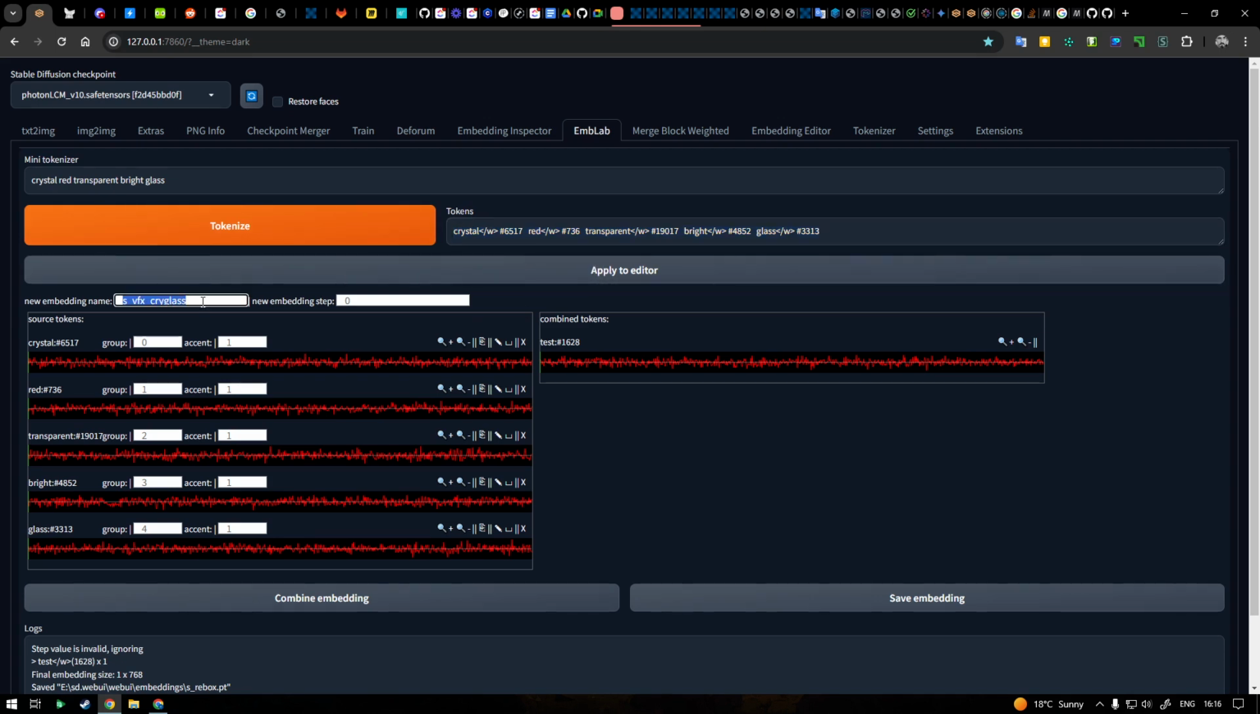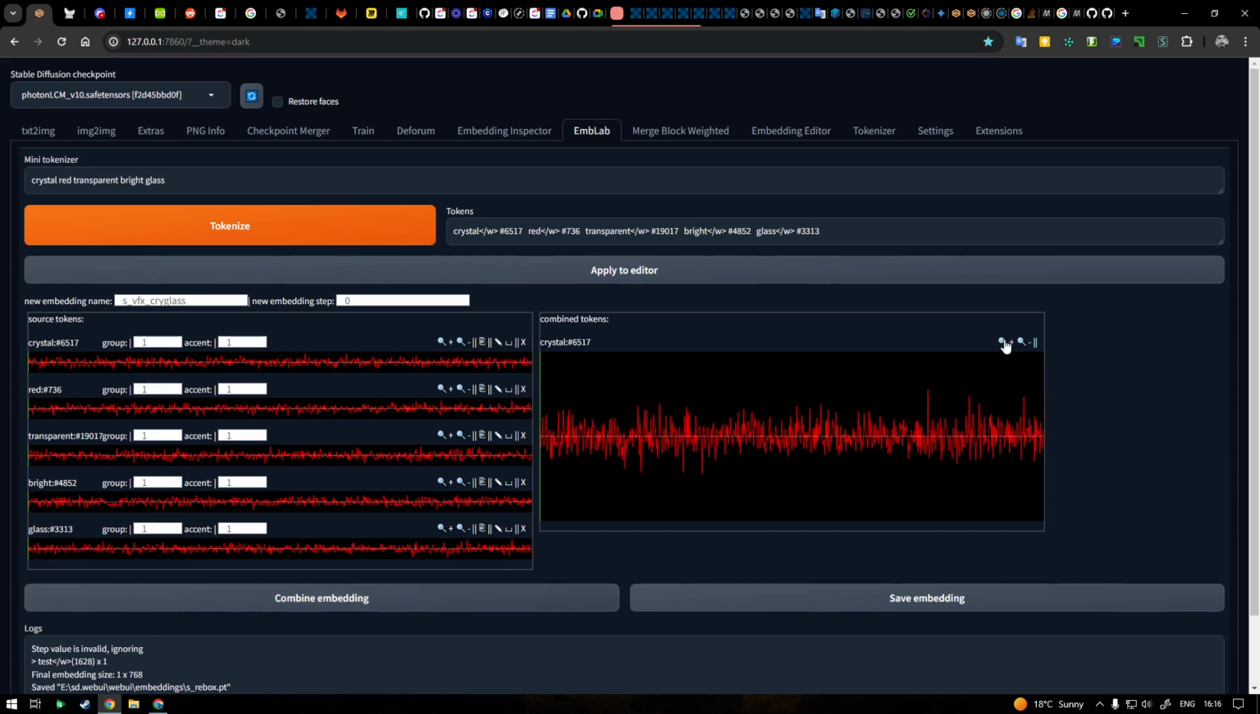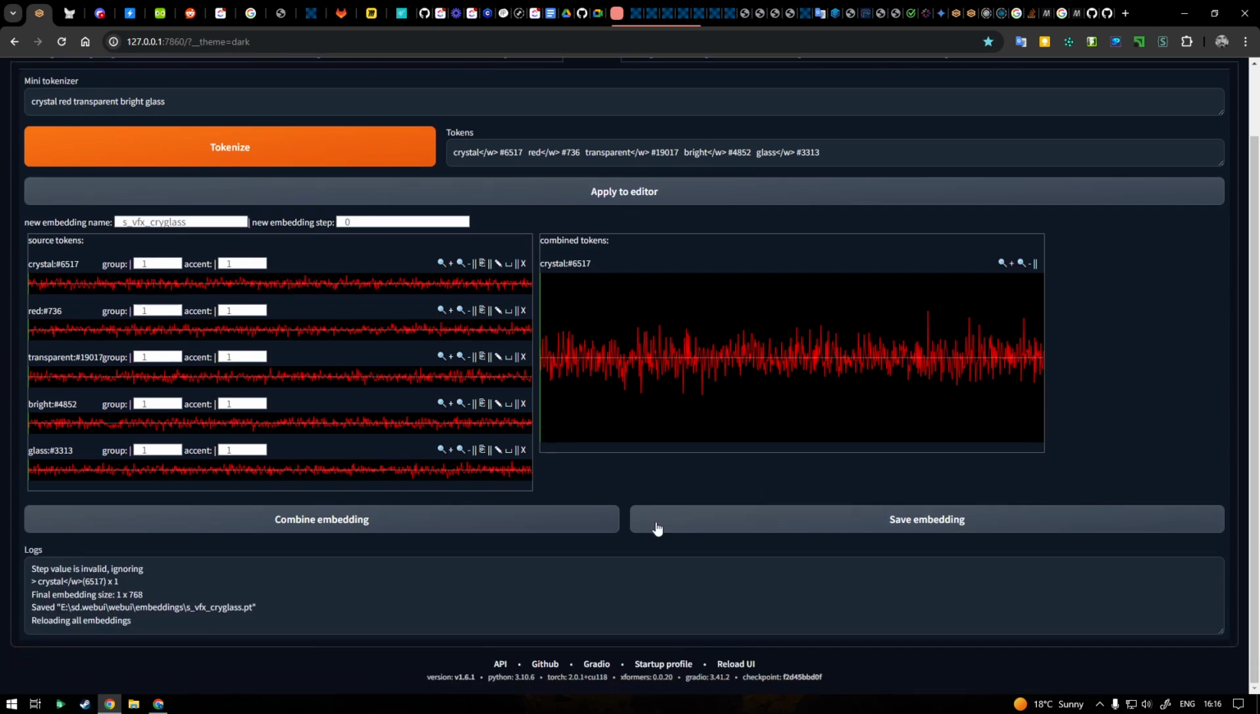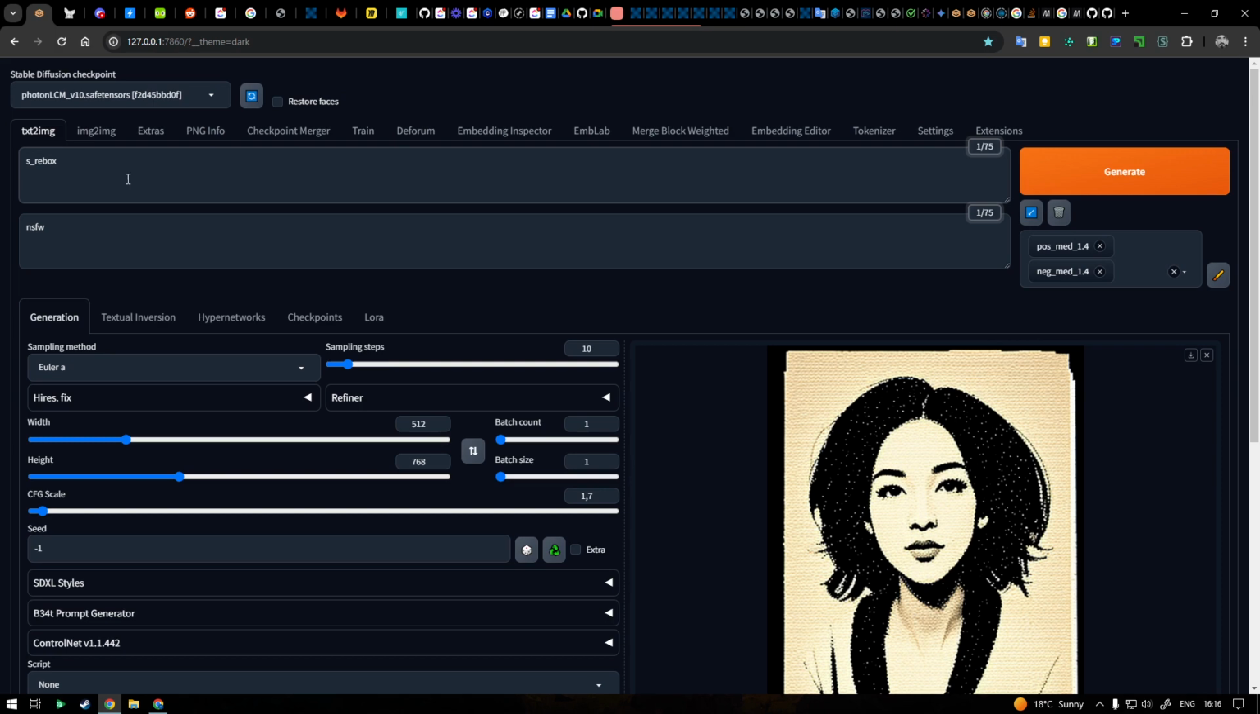So, a name for our embedding, and then we put all our tokens into a single group. We just change the group for our tokens to one and combine it. We get another token, but it's not an existing token in our system. It's a mix of our 5 tokens. Here we input the name of our new embedding, and then we just push save. We save it, and then we move to our